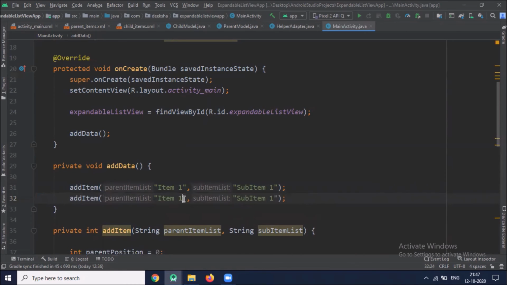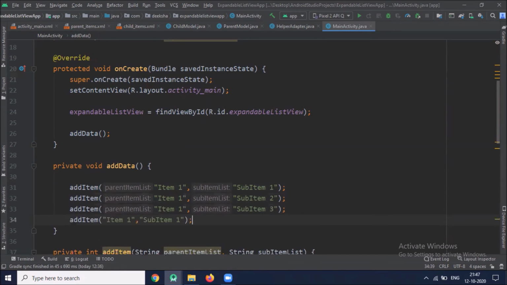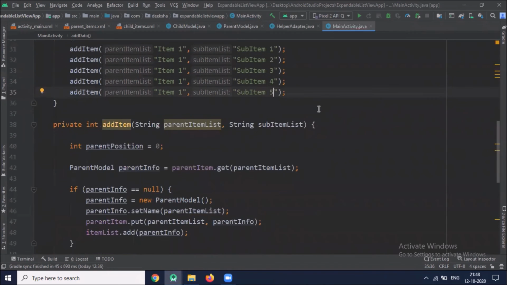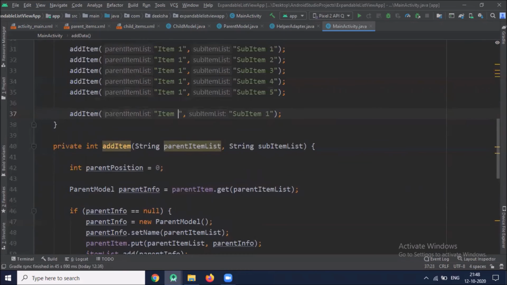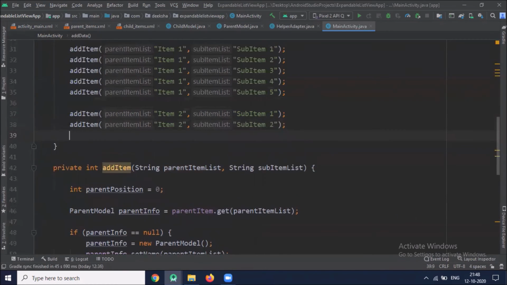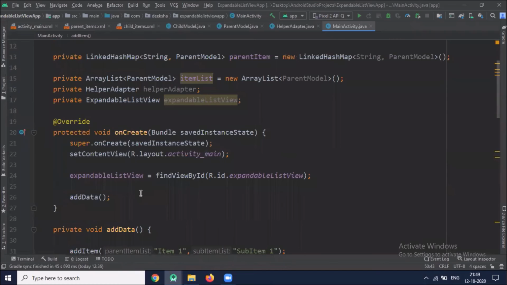You can fetch the data from Firebase. Now inside the onCreate method, we set our adapter.